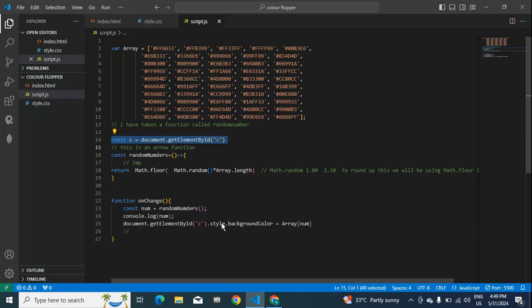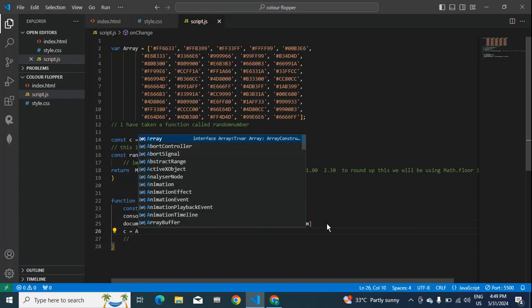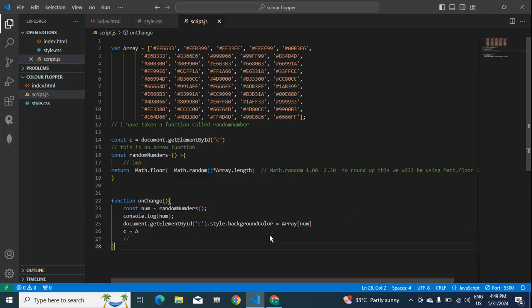So if I don't use this one, I'll make this as C is equals to array of num. You can also write like this and like that. I have completed it in a single line, so you will not get confused, so you don't need this line. You can also try that if you want,